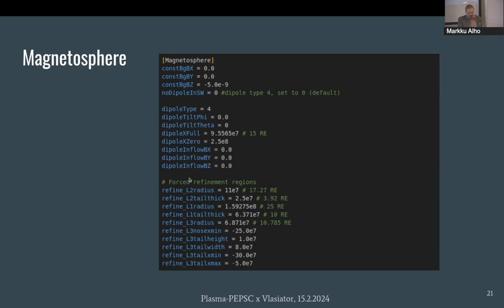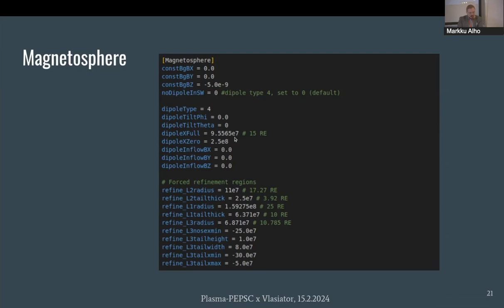Some dipole settings. So dipole type, I think, is the vector dipole implementation. A vector potential is used to extract the magnetic field components for the background field to get a current-free field that actually cuts off before the front wall,